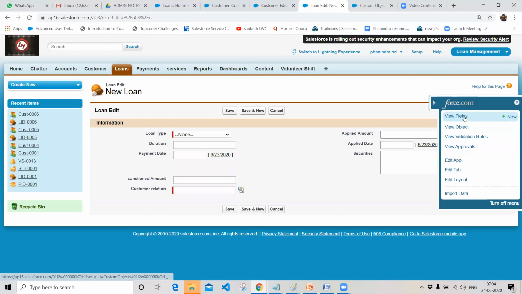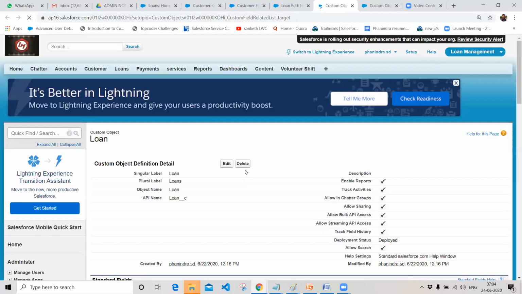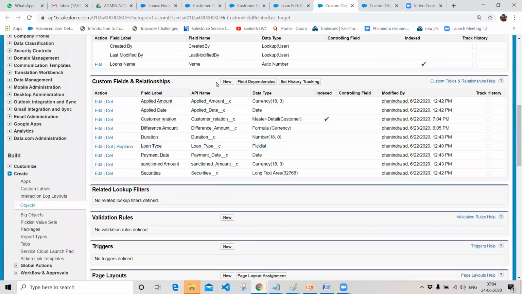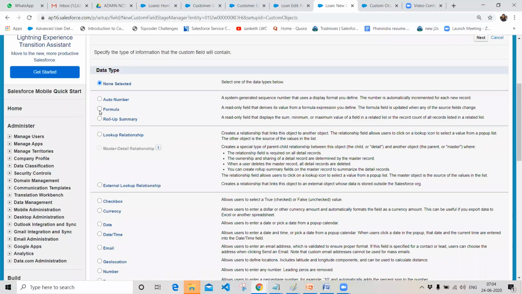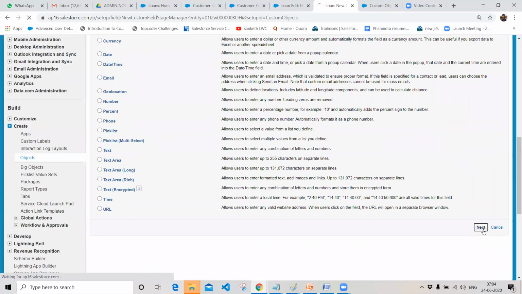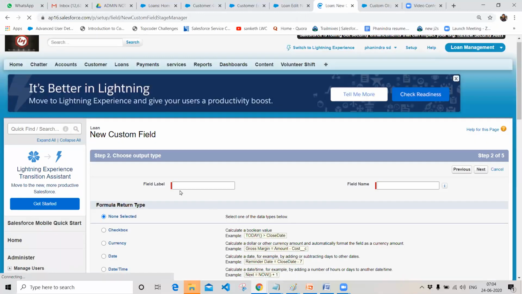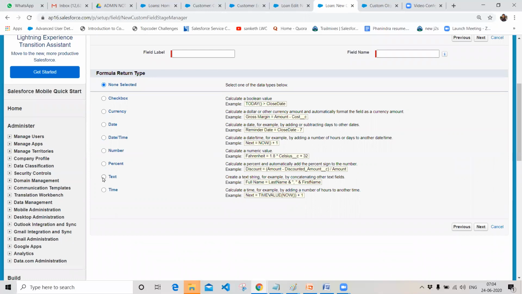So I will create a formula field with respect to the pick list values. I will click on new, choose the formula, click on next, and I want a return data type for eligible amount. I want to return a number field over here.